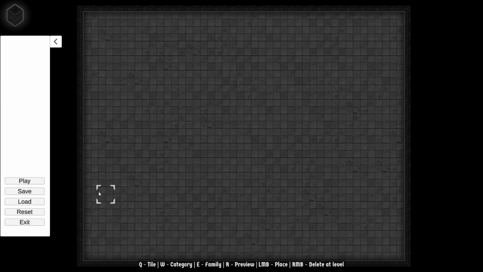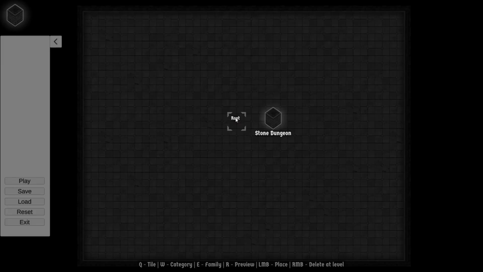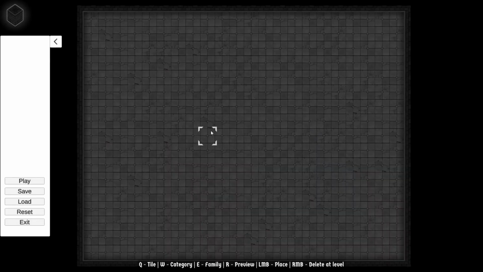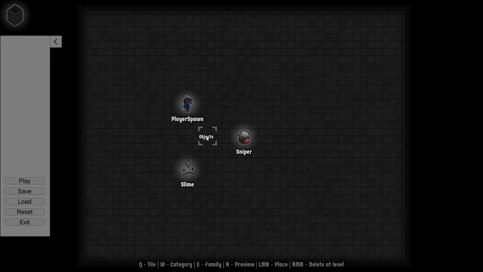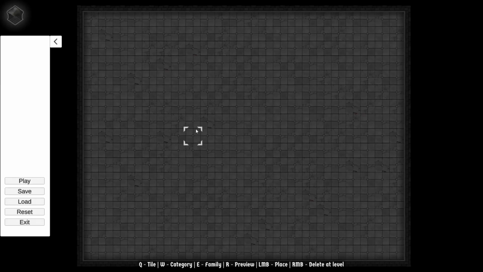E says family. Okay, so this is root here. Oh, so I hold E and then I just hover. Stone dungeon, then we have, oh, okay. A little weird. I see what you're going for. That's sort of like a tree set up here. Walls, floors, decor, objects. Player spawn. Sniper, slime. Okay, so